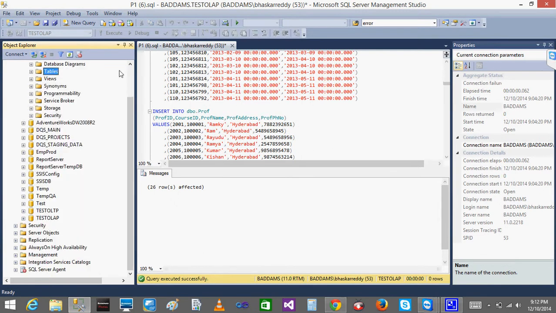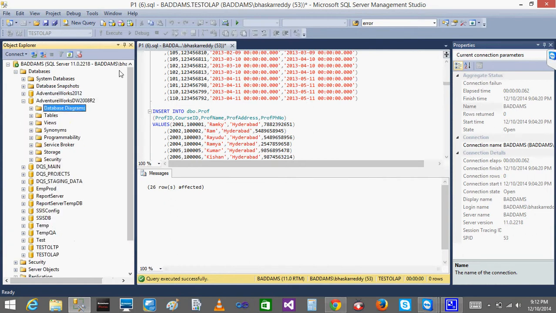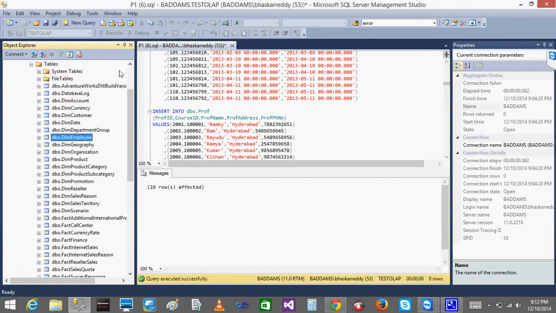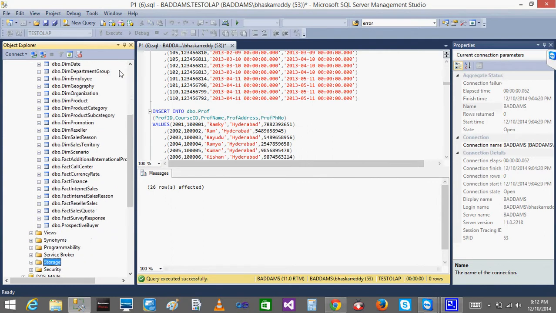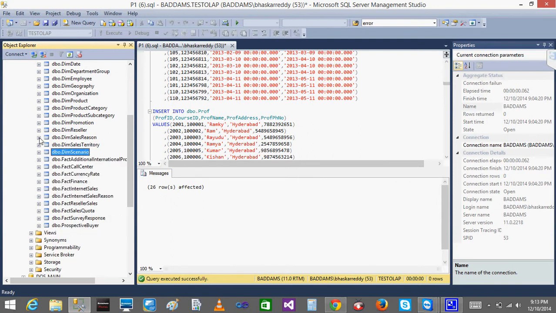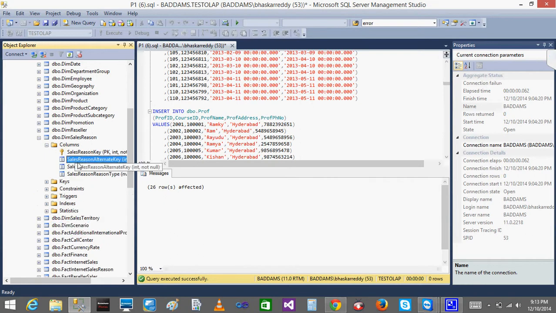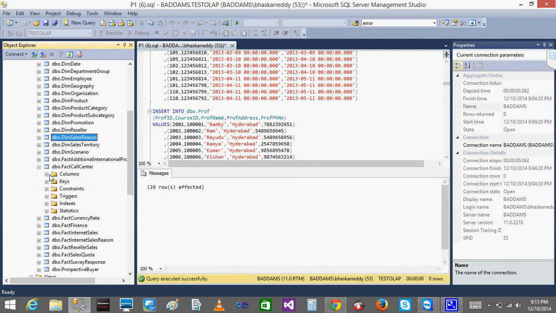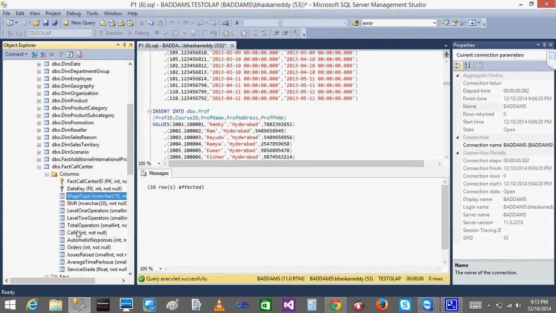When I go to the data warehouse, this will have the fact and dimension tables. See, all the tables are shown as either a fact table or a dimension table. See, fact call center, dim scenario. When I click the dim scenario, you'll have the scenario name. Whenever I click dim sales, you'll have the sales alternate key name, but you don't have any fact data here. If I click any of the fact tables, then I will have the fact data: wage type, calls, total number of calls you made, total number of operators, orders, issues raised, average time, service grade, like that.